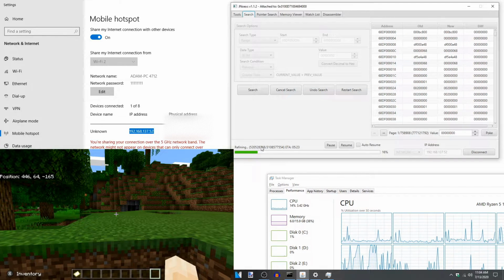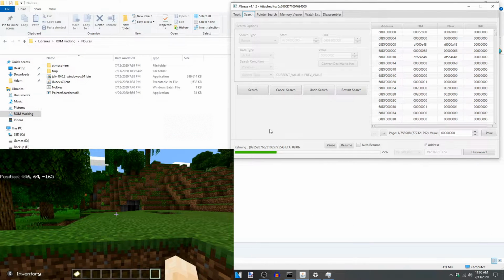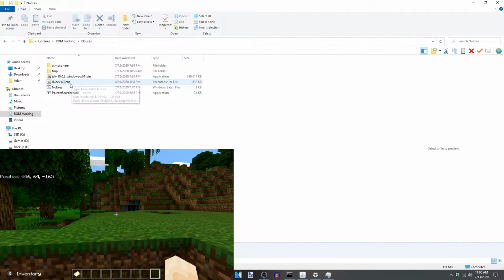NoExes is not fast at refining the results. But yeah, so I'll get back to you when this is done. While this is refining the results, I figured I'd just give you a little bit more of an in-depth tutorial on this. So if we go inside of the NoExes folder, and then we go inside of the TMP folder